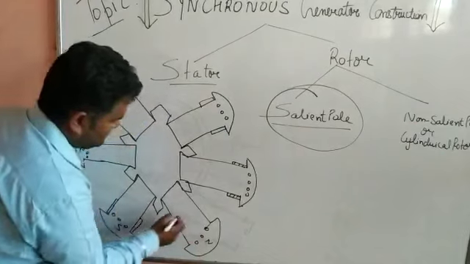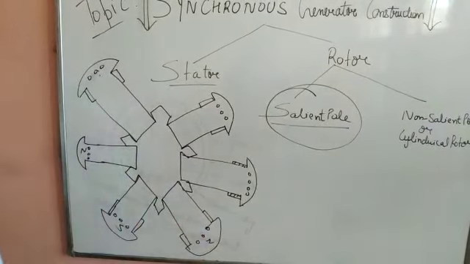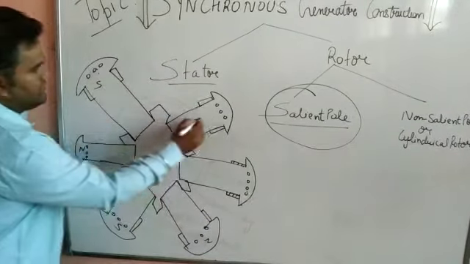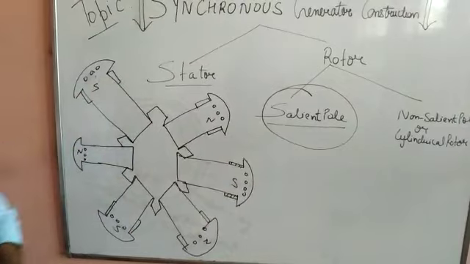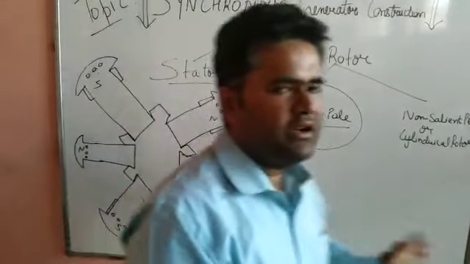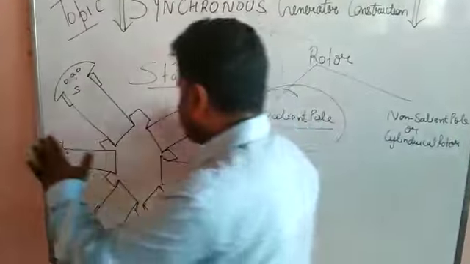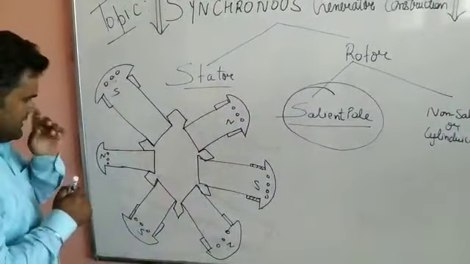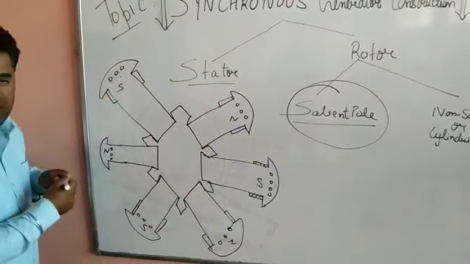Okay. This is field winding. Now this is south, north, south, north, south. The poles are alternate. Now you can see we can put as many poles as we can. So these are projected, it means outside. Now this is a rotor, that is the rotating part of the machine.